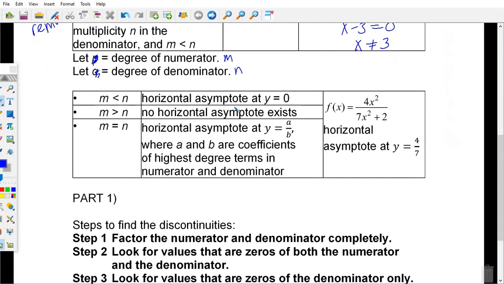So how do you know if you have a horizontal asymptote? Okay, these are your rules. If the degree of your numerator is less than the degree of your denominator,